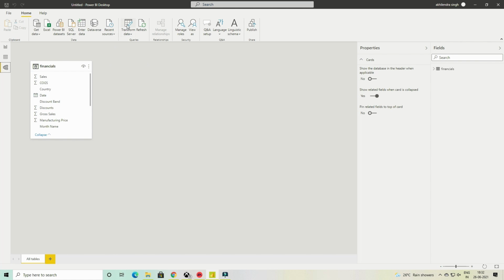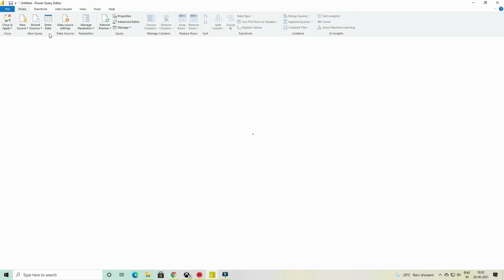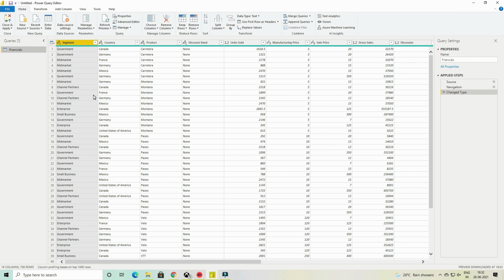So normally you will transform the data while loading, but you will still need to come back to this tab and update it at later stage. So that's how most of the project work will happen. In real life, you will have to move back and forth. So we need to know both of these methods to access this tab. You should be amazingly comfortable with this screen. I mean, when I say amazingly, I mean it. This is where you are going to spend most of your time, or at least a lot of your time.